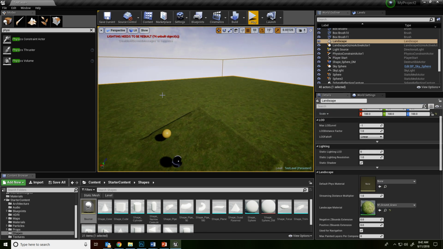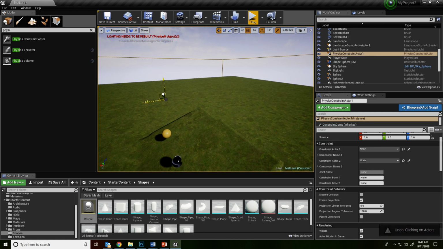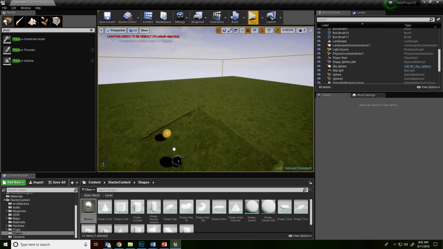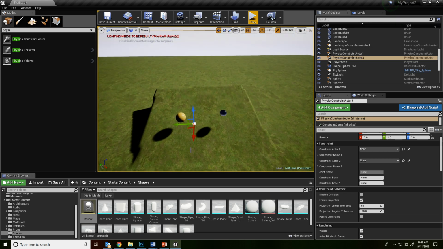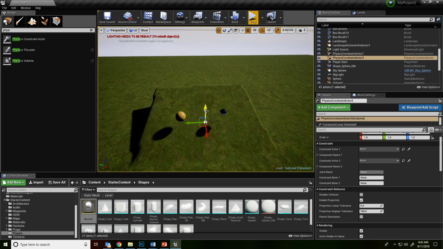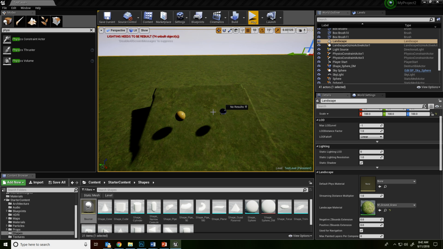Sometimes it can be a little tricky to move things in this program. Let me just try that again. Physics constraint actor right there. There we go. That's much closer. And I'll put it right between these two. Okay, now that it's between them,